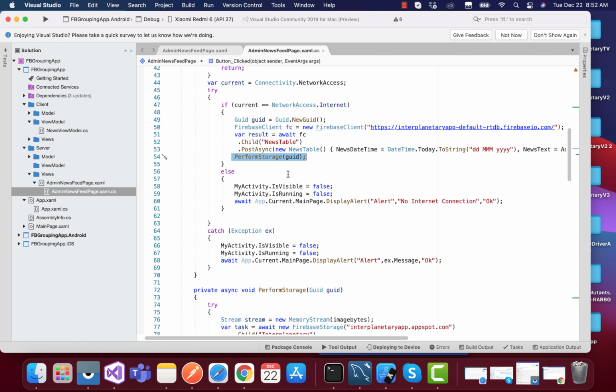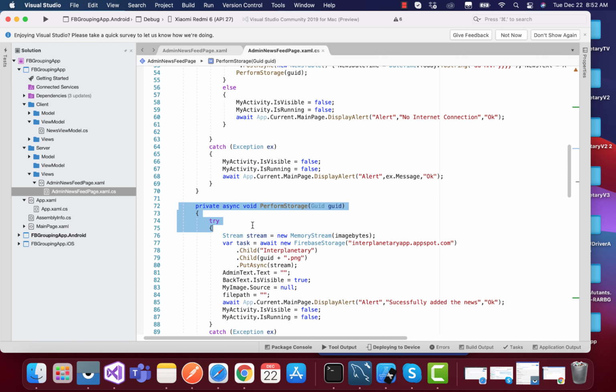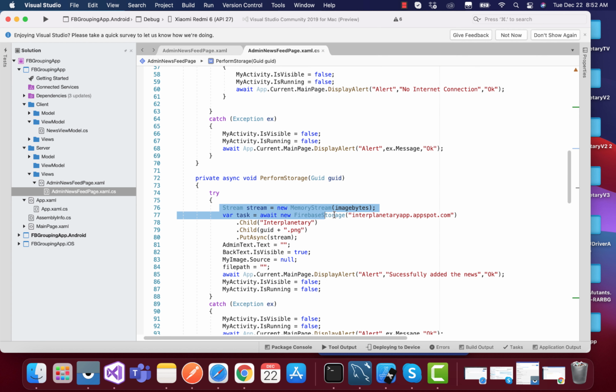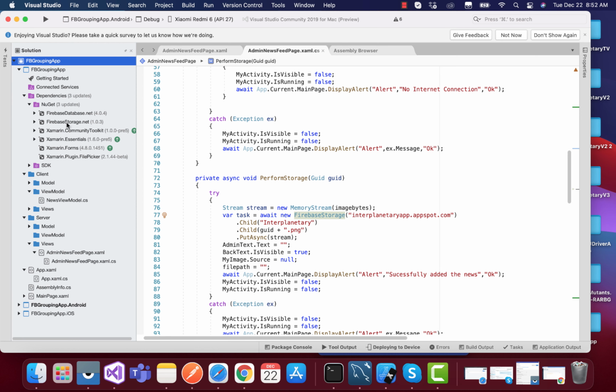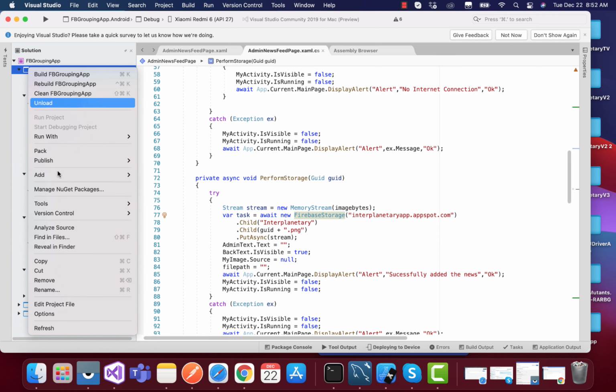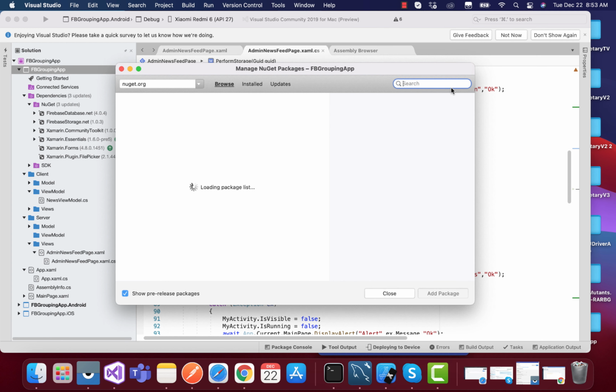Now you can see the main thing that we are going to discuss today is performing storage to Firebase. This is the exact place where we are going to integrate our Firebase Storage .NET plugin in our shared project, that is our main project, and this is a .NET Standard project.